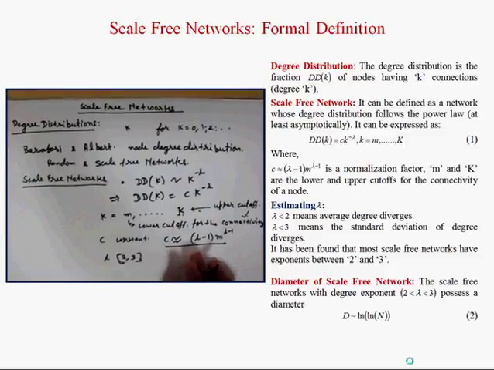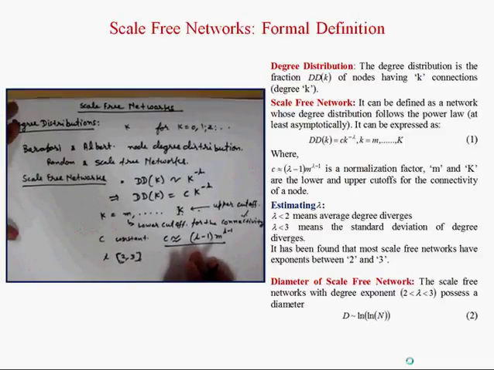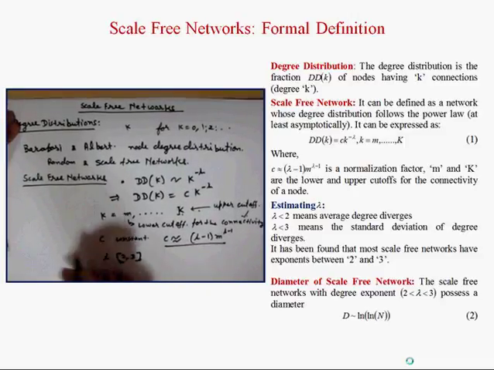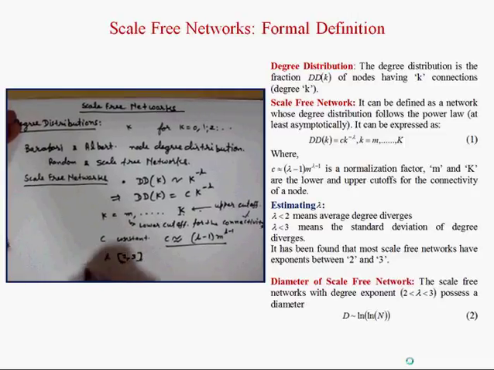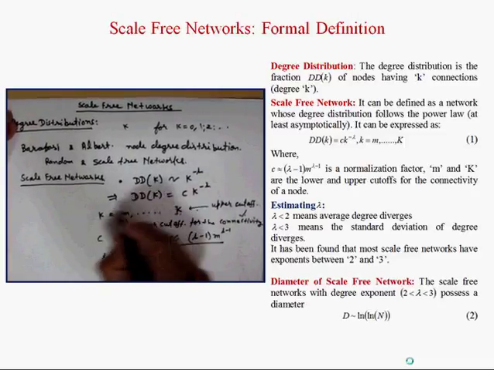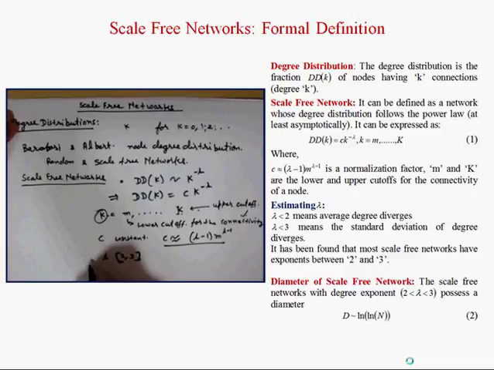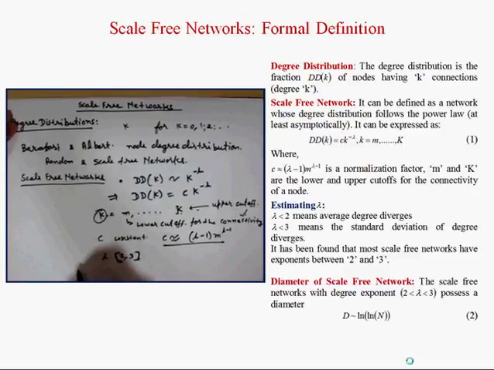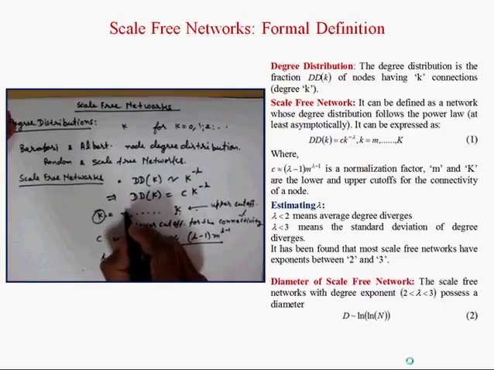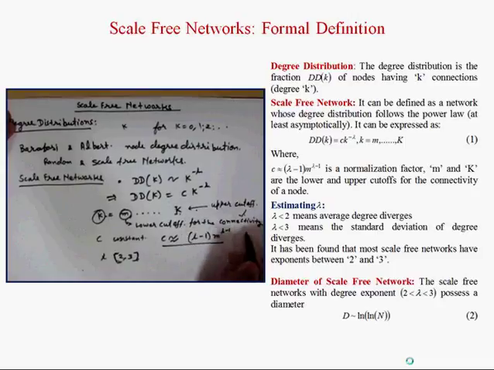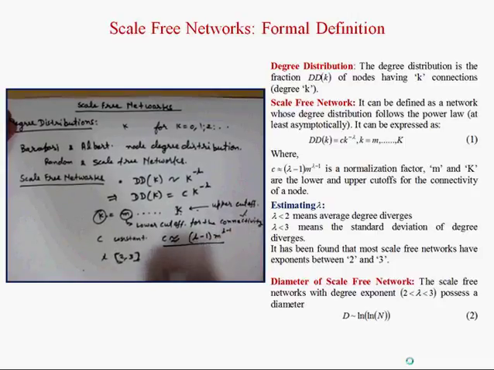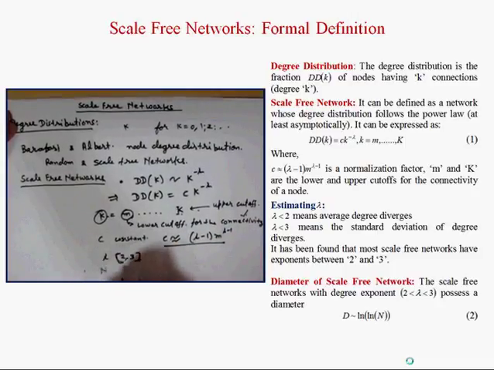Now the question is, is it possible to get any relation for K? Suppose we have M, that is the lower cutoff of the connectivity, N, the total number of nodes in the network,